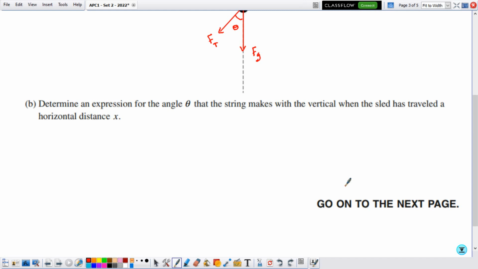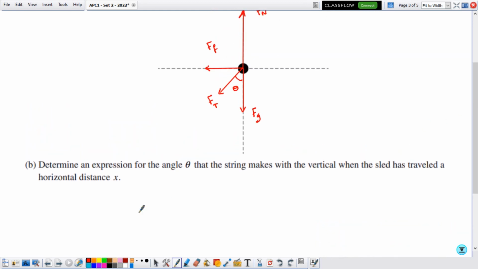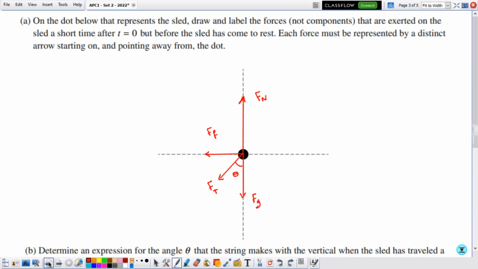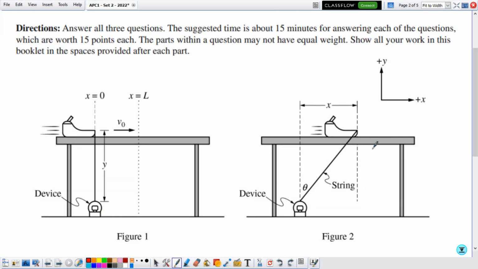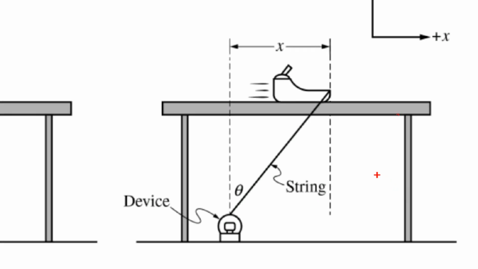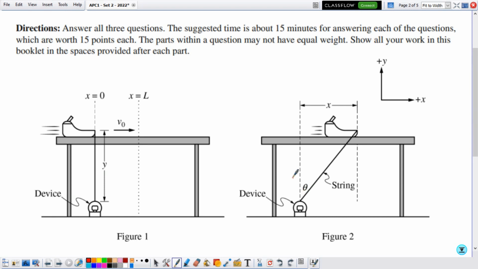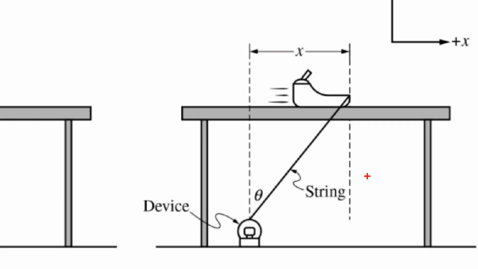Now in part B, determine an expression for the angle theta that the string makes with the vertical when the sled has traveled a horizontal distance x. So basically we're talking about figure 2 when the sled has covered a horizontal distance x. We need to determine the expression of theta, then we can refer to this one. Now remember that if you compare figures 1 and figure 2, now that would be x and that would be y,